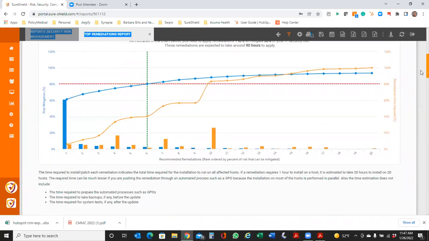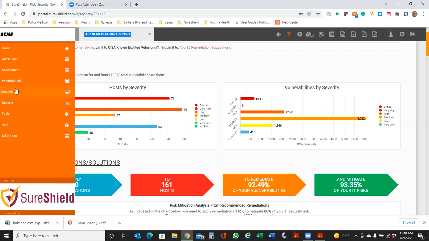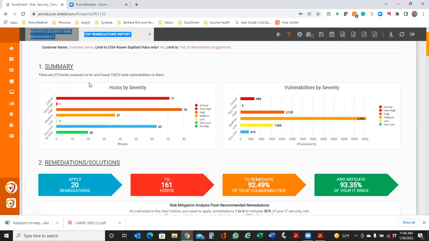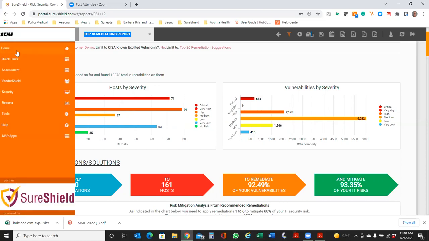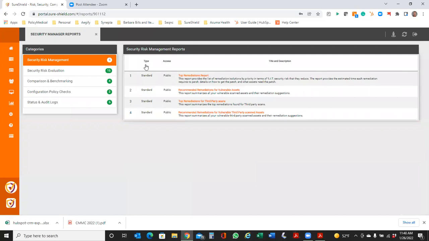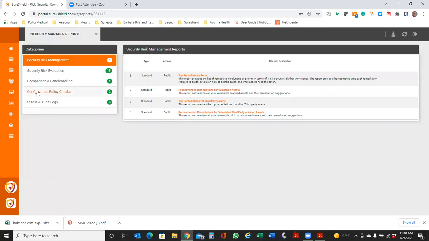So tons of different reports that you have available in here. And again, security and running these are important regardless of whether you are going to go through the CMMC or you're in the DIB right now, but more importantly, it's something that needs to be done. And with both the NIST and the CMMC requirements, one of those requirements is that you are running regular vulnerability scans and you are applying appropriate remediation processes to those. So again, tools that can help you with that.